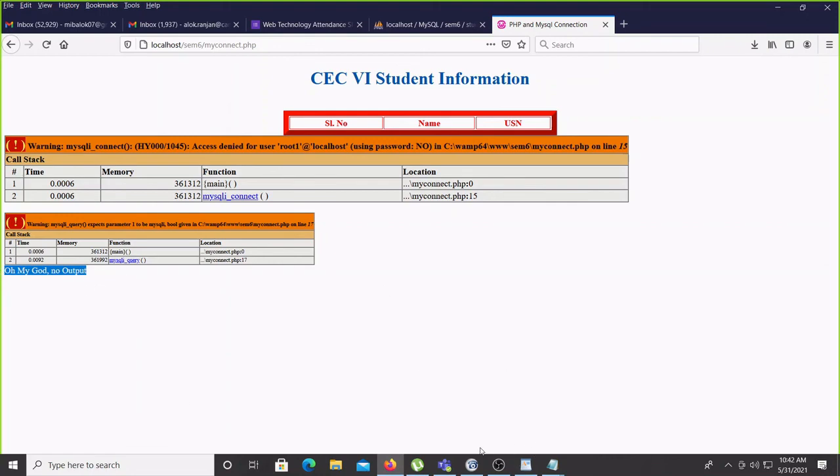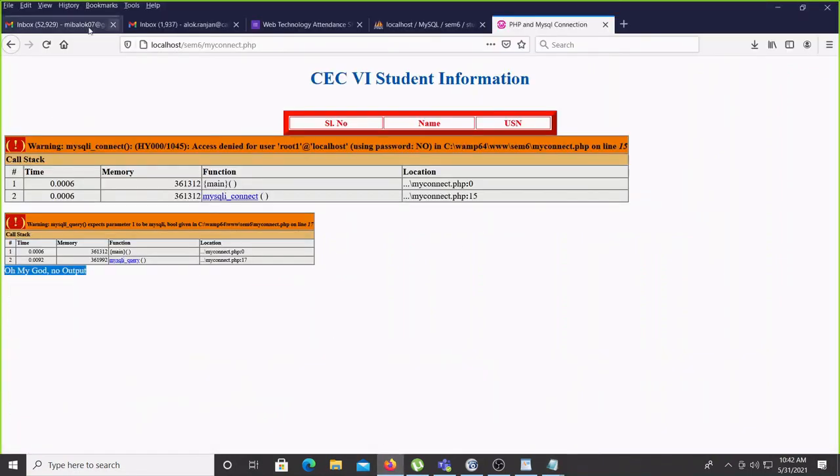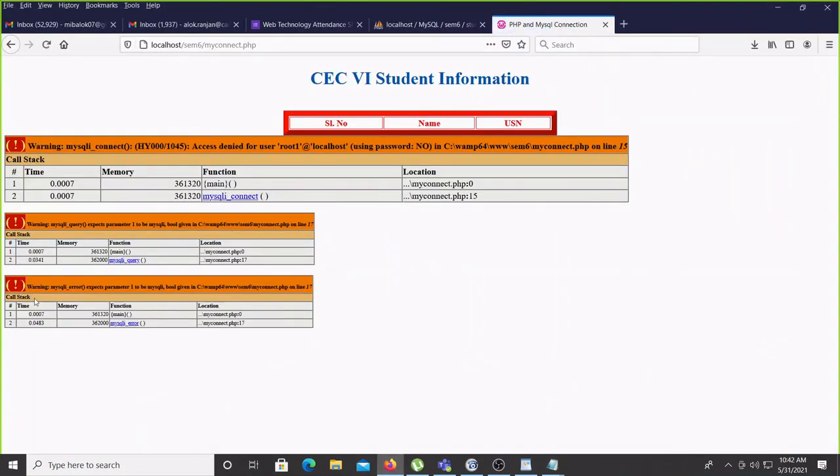But in the place of this one, if you want exact what is the problem, so this you don't write your user defined message, then you write here mysqli_error, and then pass which part error is there, generally chances, std connect. Yes, this is the predefined error message we will get. Refresh. Yeah, you see here we are getting this kind of information.